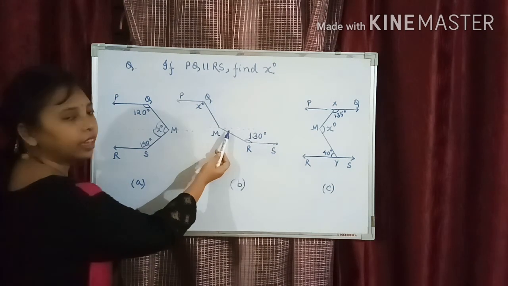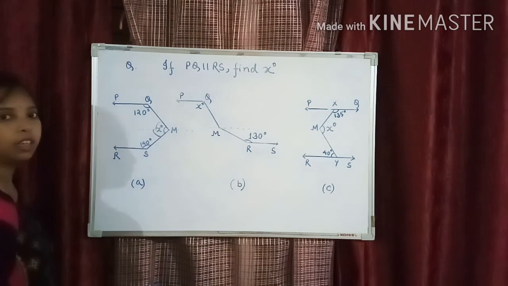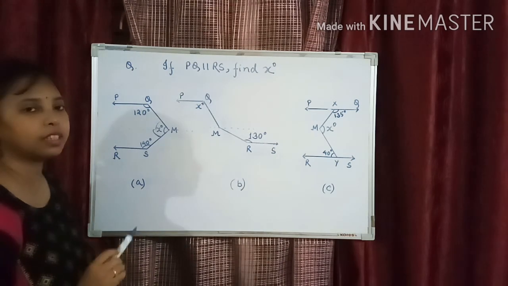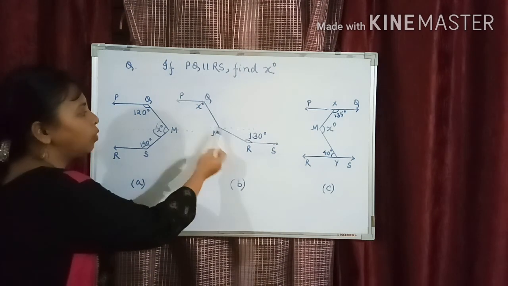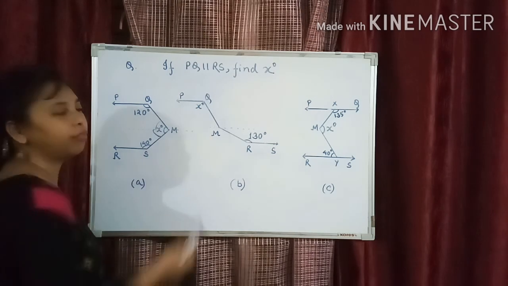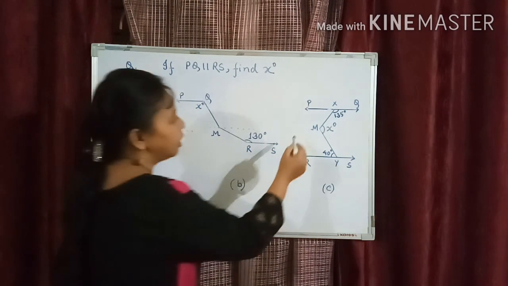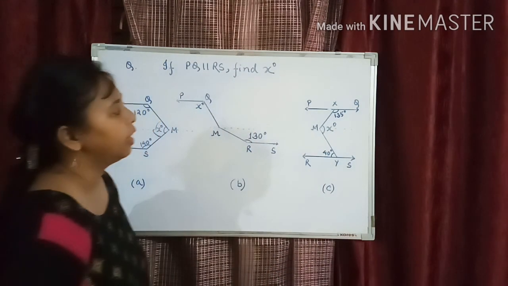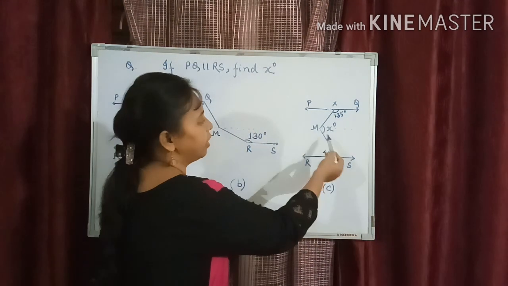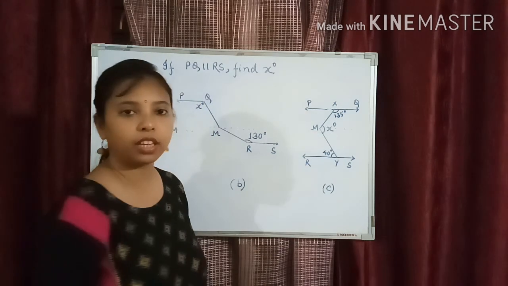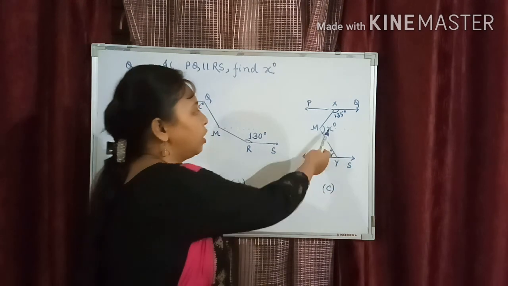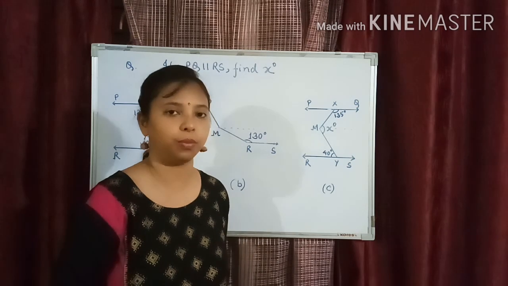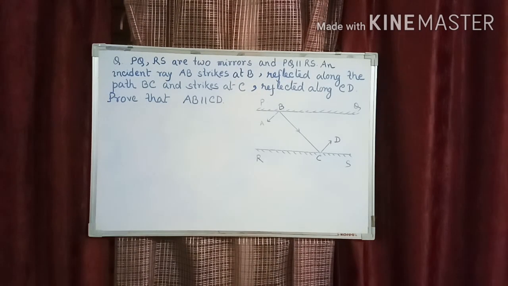For that, alternate angles and interior angles on the same side of the transversal are formed, and you have to think how you can use them to find the value of x. Here also the same: through M you have to draw one parallel line, and by using alternate angles and interior angles on the same side of the transversal, only then can you find out x. Now look at this question,